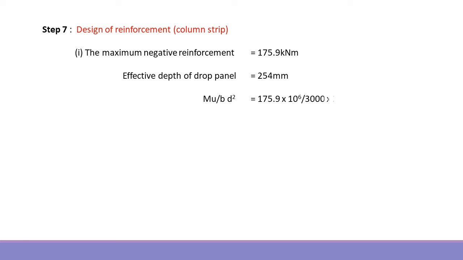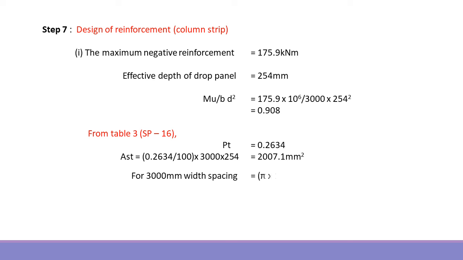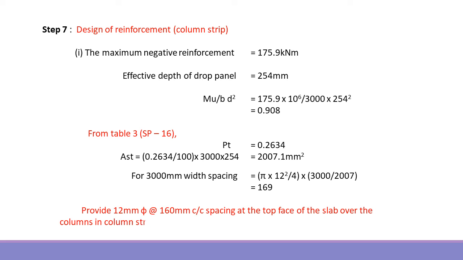Then step number 7, design of reinforcement in the column strip. Then finding the Ast values. So our maximum negative moment is equal to 175.9 kilonewton meter. Then effective depth of drop panel is equal to 255 mm. So apply this formula, Mu by bd square. Mu is the maximum negative moment, b is the width of the column strip, and d is the effective depth of drop panel. So 175 into 10 power 6, b is equal to 3000 mm, and d is equal to 255 mm. Apply the values, you got